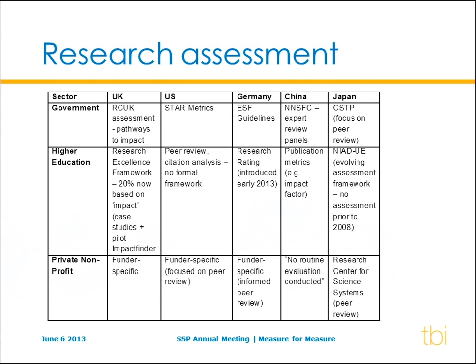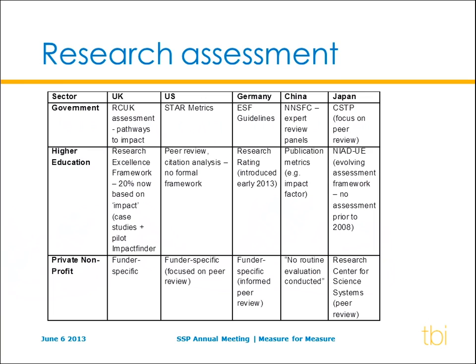And this embryonic table just begins to show what a huge spread there is in terms of approach. If we look at Japan, there was very little assessment at all prior to 2008. If we look at China, we know the impact factor is something that a lot of publishers are beginning to look at how to move away from in terms of research assessment, but it's incredibly important in China and South America too, where scientists are paid huge amounts of money for publishing in high-impact journals.